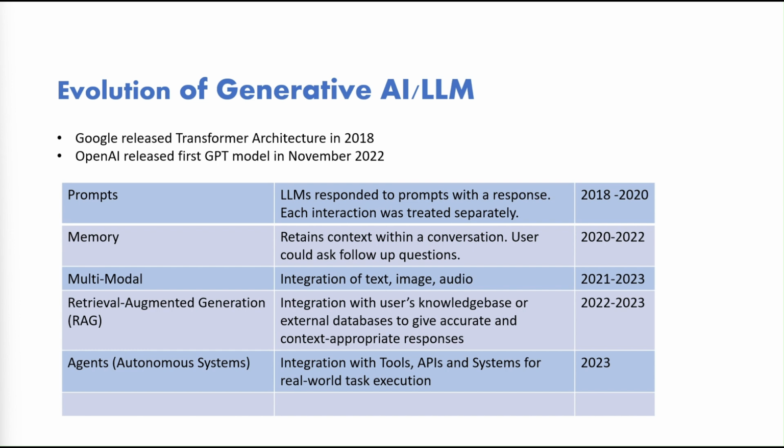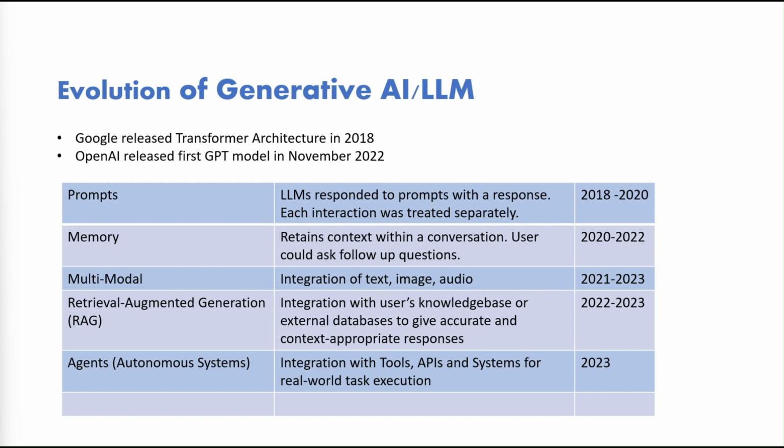Then during 2022 to 2023, Retrieval Augmented Generation, RAG, was introduced to enable the integration of external knowledge into the LLM. The latest development in LLMs, which started in 2023, is the agentic or autonomous systems. By integrating with external tools and APIs, you could perform real-world task execution. You could send a Gmail from your LLM. A hotel front desk person could trigger an agent to finish the check-in process. And of course, you can control a robot using an agent.